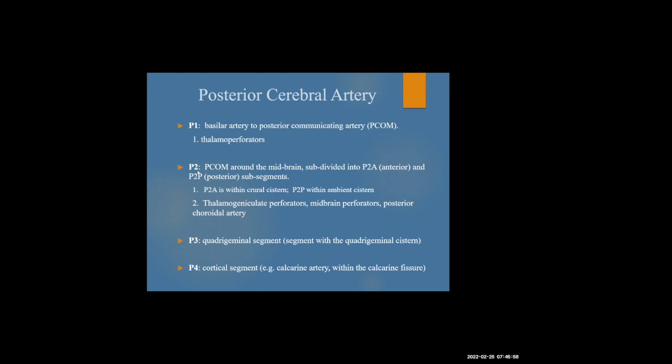Your P2 segment, which is going to be the posterior communicating artery, just distal to that as it wraps around the midbrain. And it's actually subdivided into 2 segments. There's an anterior component and a posterior component. The anterior component of the P2 PCA lies within the crural cistern as it wraps around the more anterior portion of your cerebral peduncle. The posterior component is located within your ambient cistern as it comes more along the lateral